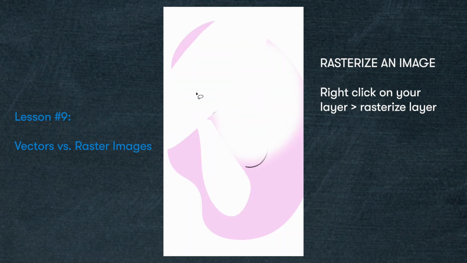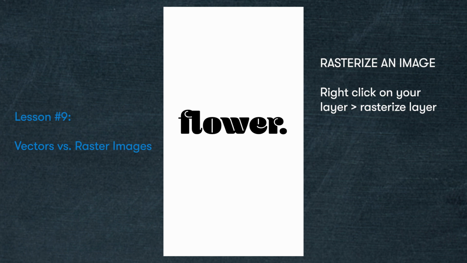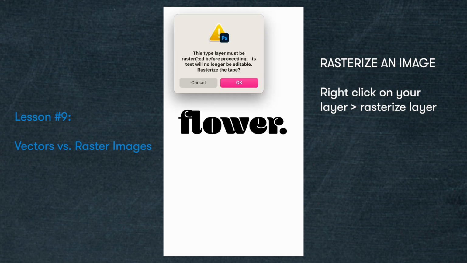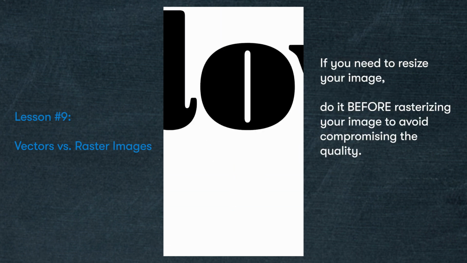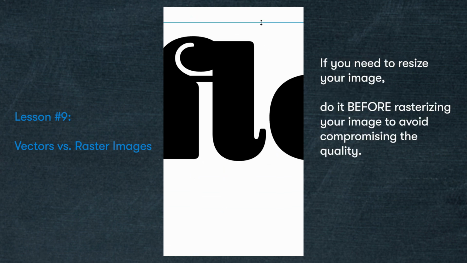Same thing with type layers. If I try to edit it, the window will come up. It says you have to rasterize this before proceeding. Now, if I want to resize this, I have to do it before rasterizing it, because the rule is that if it's a vector, you can resize it without compromising the quality of the image. So I got to make sure I get all of my resizing out of the way before I rasterize this image. So I'm going to shrink this back down, and just for funsies, I'm going to rasterize this layer,